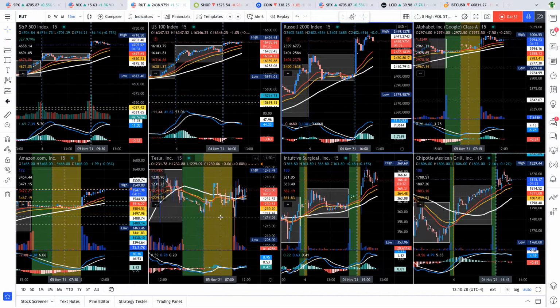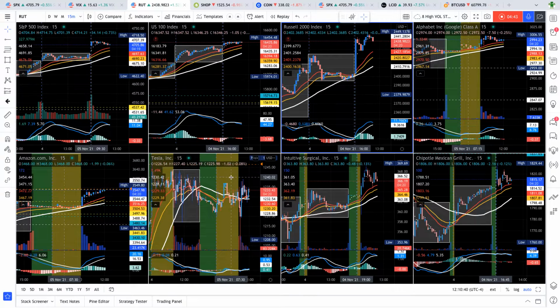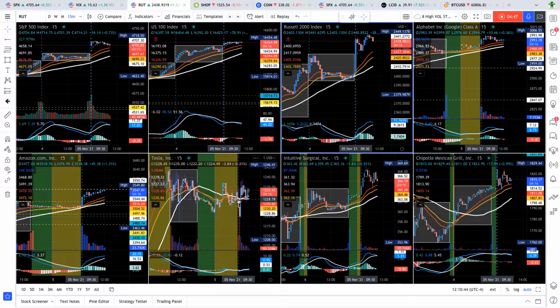Tesla. Okay, we got to watch Tesla. They've been taking Tesla up on Fridays, okay? The last 2 weeks, there's been an exuberant amount of buying on Fridays. The last half hour, the last 45 minutes. The market makers are taking out premiums, so be careful with that. They are holding it up. It looks like it's propping up for a move on a